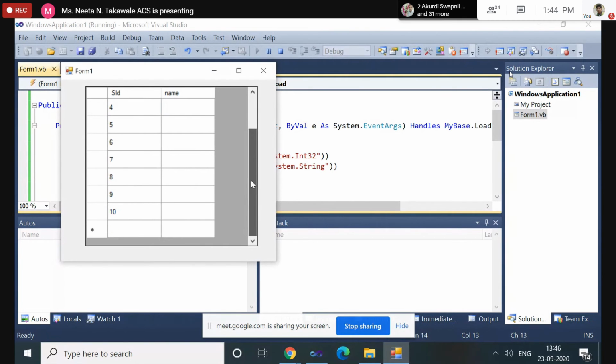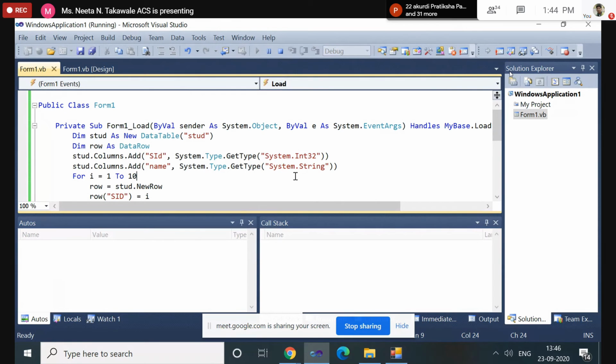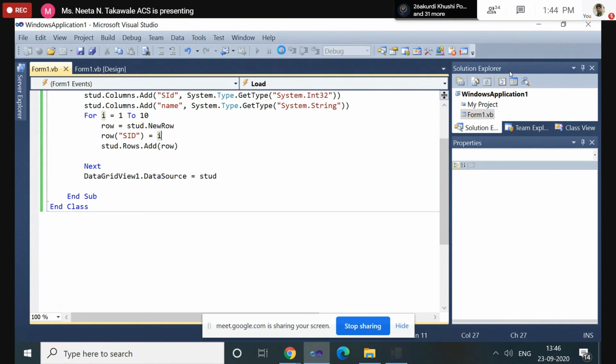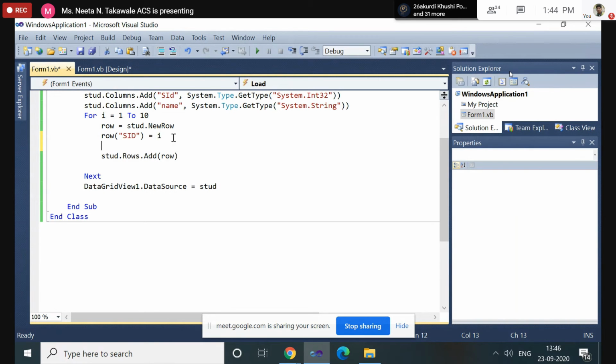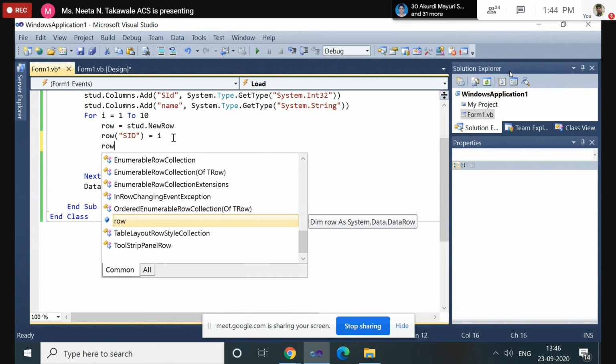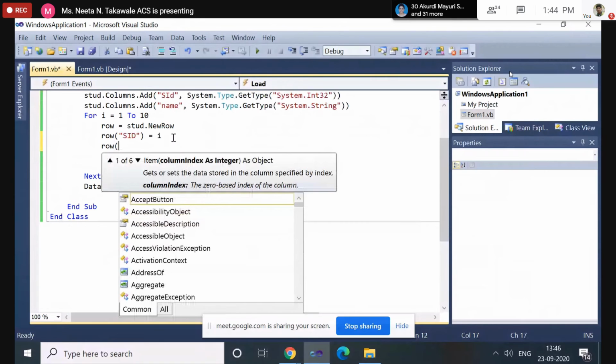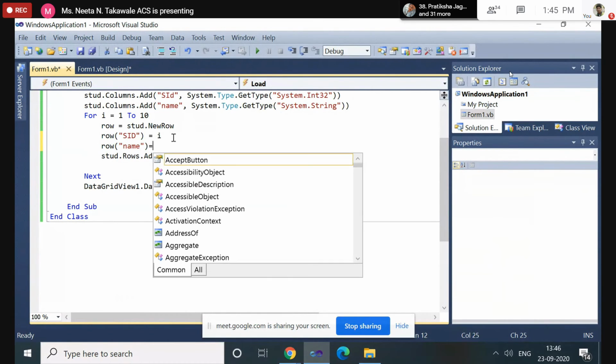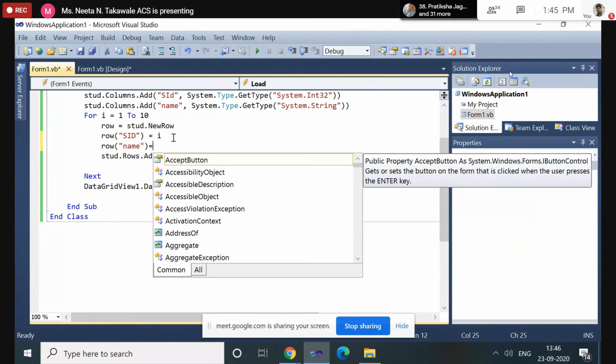Okay. So like this you can add. For name you can also add. How can you add? Now here we have to keep the fixed value.